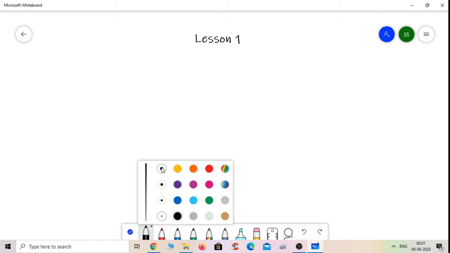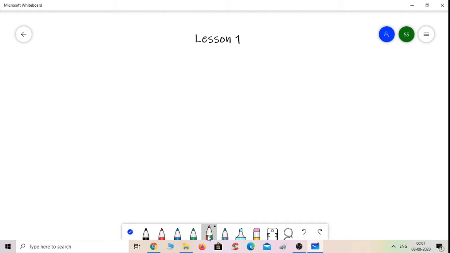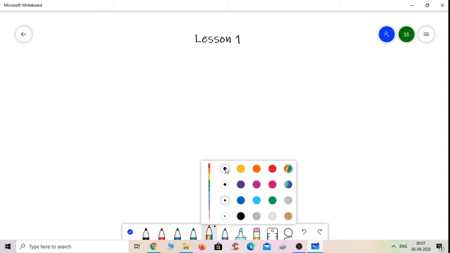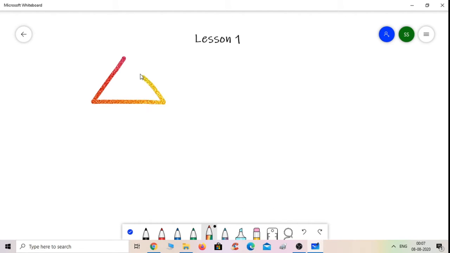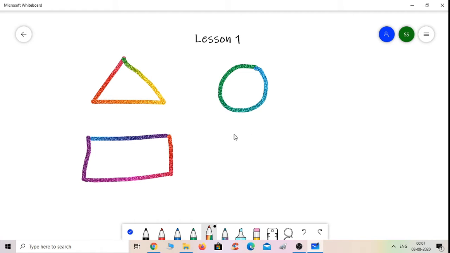So just adjust this. Okay, like this. So this is all about it. Suppose I want to draw a triangle like this, circle like this, rectangle, okay, and then square, but it is not up to the mark, its edges are not proper.